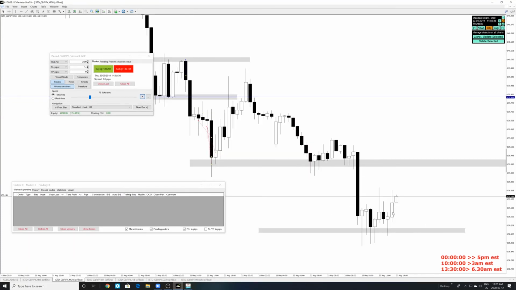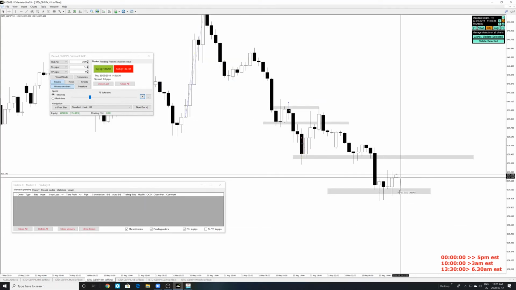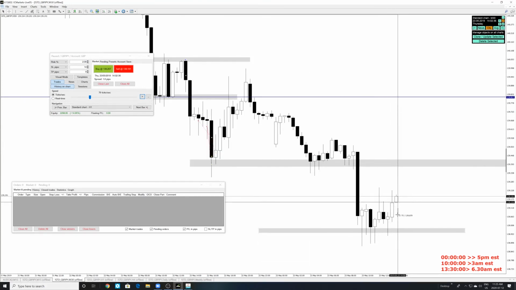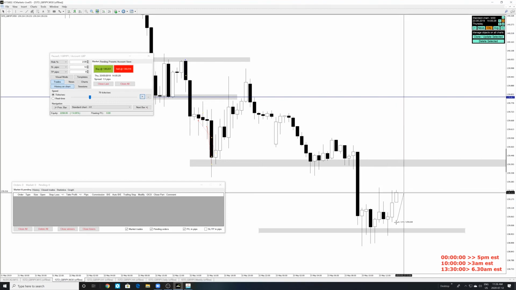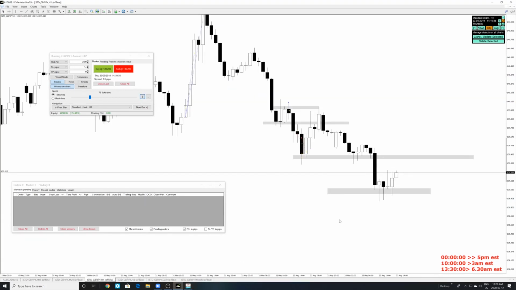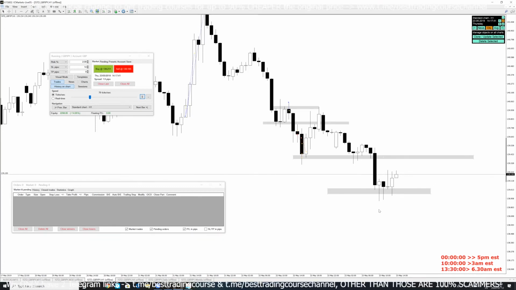30-minute candle is also broken up. I think this can continue going up, but I think this would have been the same idea as last one. Let's see the stop. The stop would have been 13, 14 pips to go up. Oh well. I think it's too late now, because if we enter now, the stop is going to be like 20 pips. It's going to be too big. But I'm probably going to wait for the original idea, because essentially we made a low. It should create a resistance and then continue moving down. So we'll have to wait.